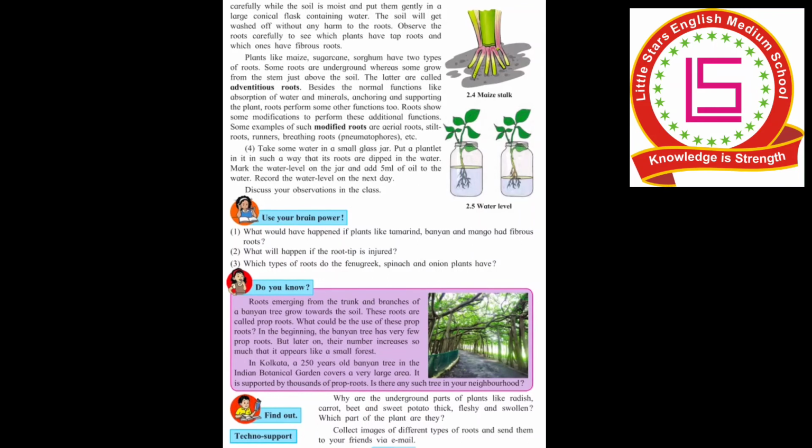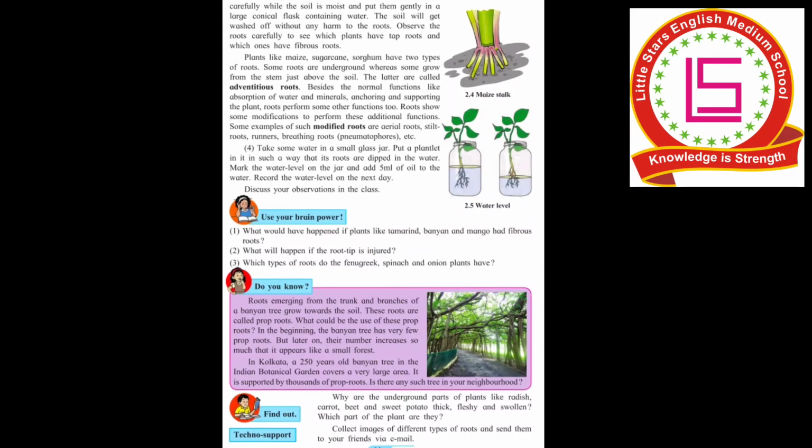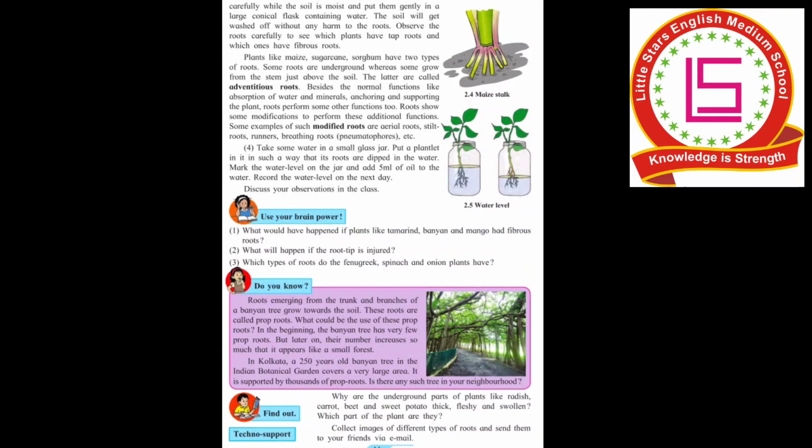See what has been told to you on page number 10: whenever you sow plants like mustard, sorghum, maize, pea, coriander, and they grow to a height of 15 to 20 centimeters, whenever you get time, surely observe them. When you take them out from the soil and wash them, you can observe very properly which are the tap roots.